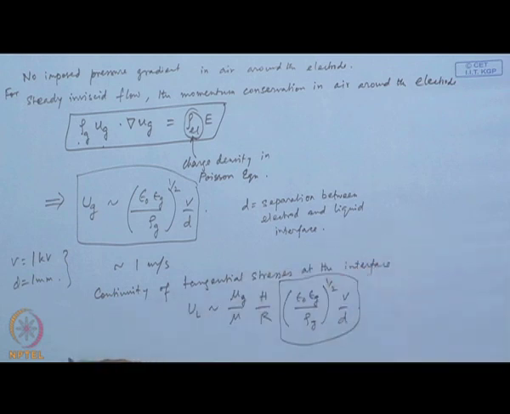Mu g is the viscosity of the gas and mu is the viscosity of the liquid. So, that is the ratio, basically viscosity of gas divided by viscosity of liquid, and H by R, H is